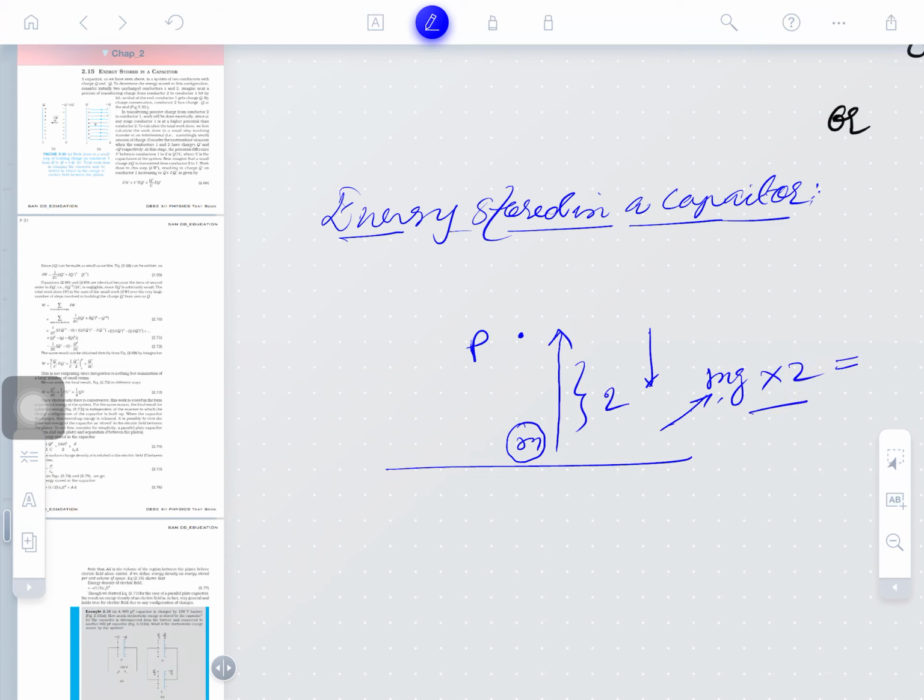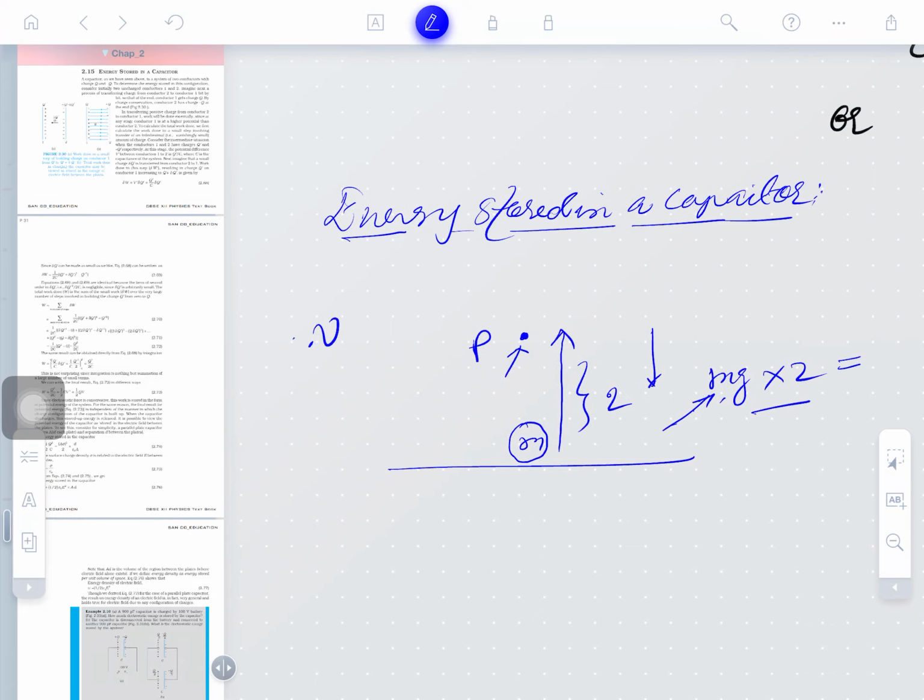This much work is to be done, and the work does not go to waste, so it is to be stored as energy. So this is potential at a point. If we know V and we multiply it by mass, it shall be work done, which is equal to potential energy. It is actually the amount of energy required to set the mass at that point.